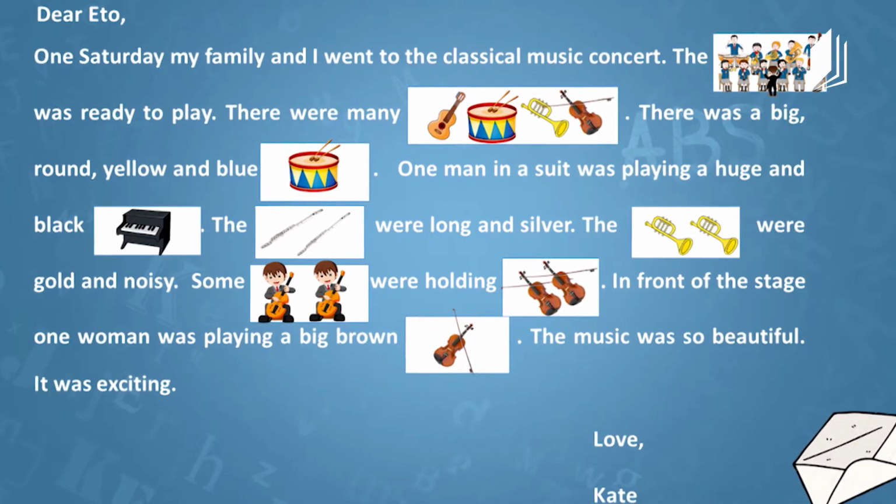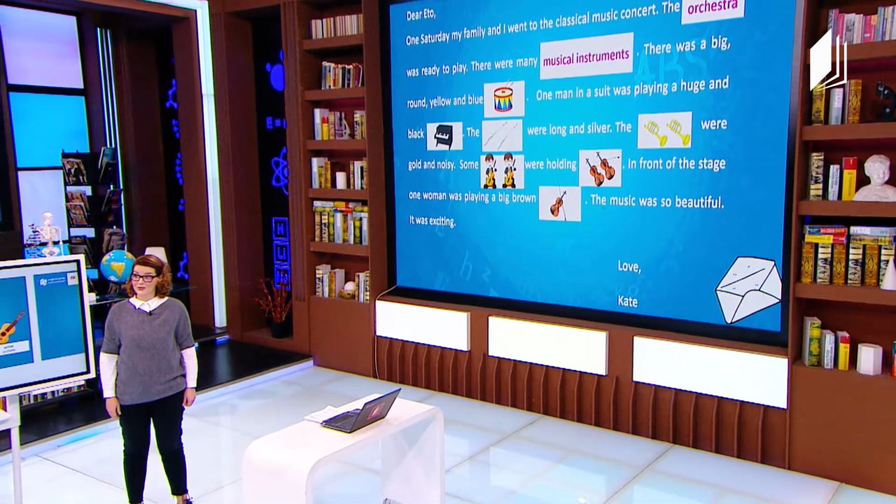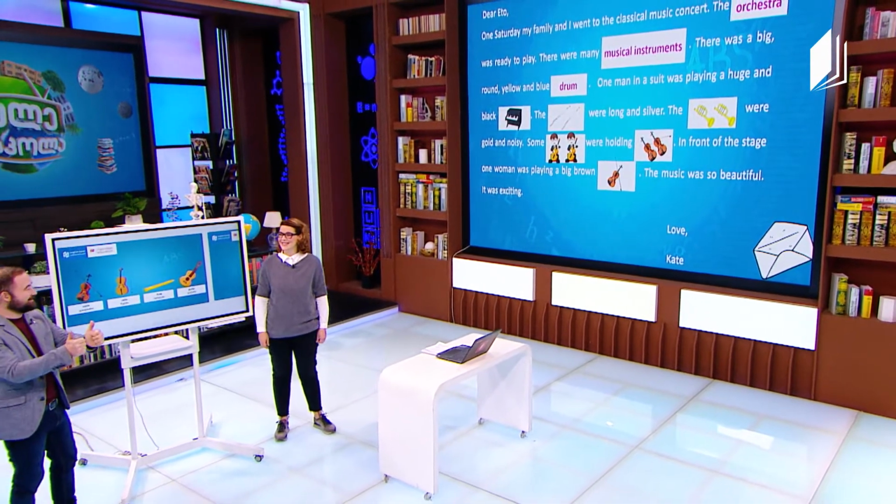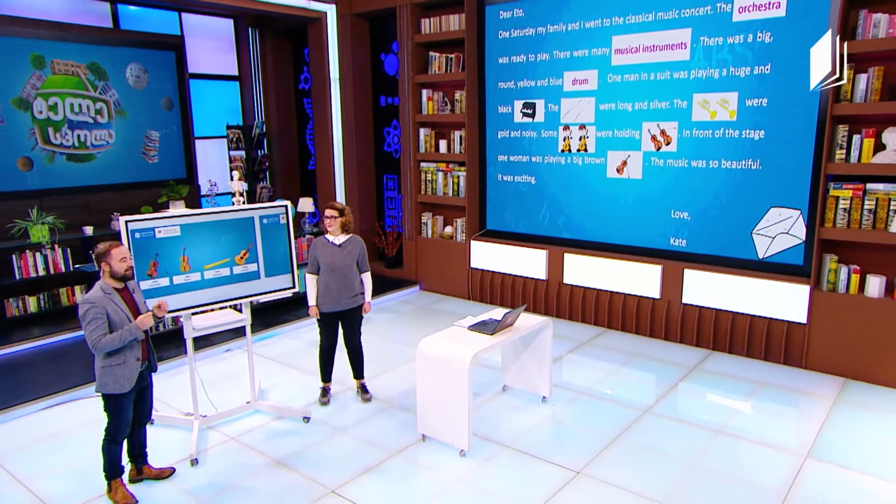Perfect. Let's continue. There was a big, round, yellow and blue something. Let's look at the picture and what do we think that is? You think it's a drum? Let's check. Yes, it is. Perfect. There was a big, round, yellow and blue drum. One man in a suit was playing a huge black...